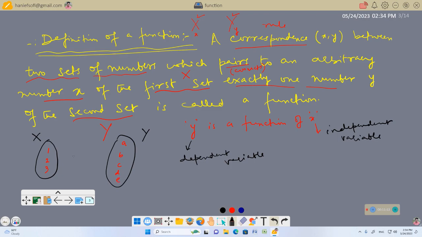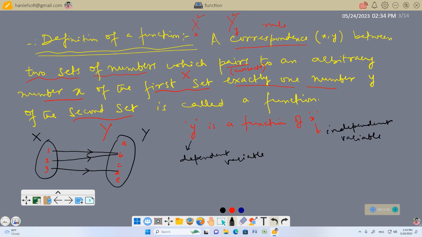If there is a rule which connects 1 to, for example, B, 2 is also connected to B, 3 is connected to, for example, D,